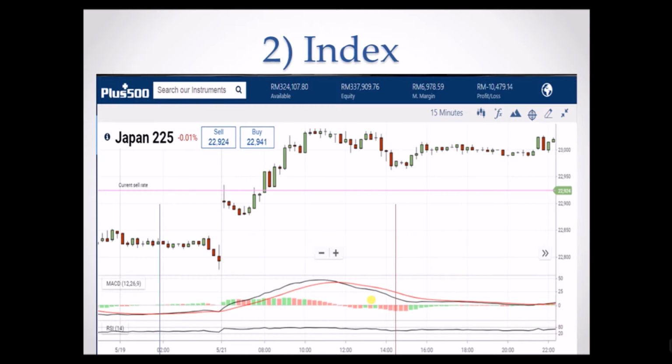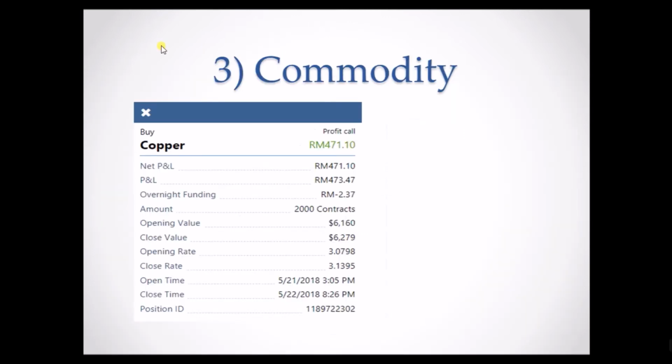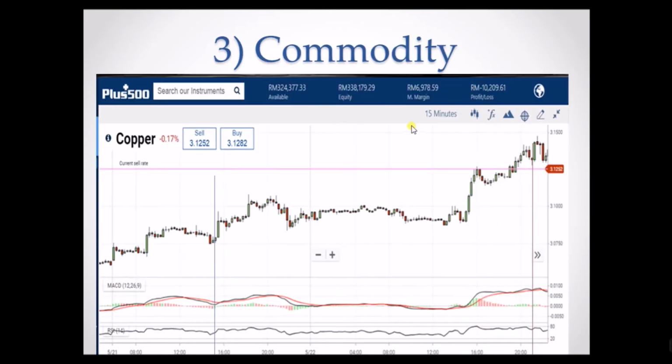The impact from this announcement is huge, as the US and China are among the largest markets in the world. For commodity, I've bought copper, and this is the trade summary. I've bought copper before the MACD line crosses the signal line. This is because I want to buy as low as possible, and the RSI is considered normal when I bought